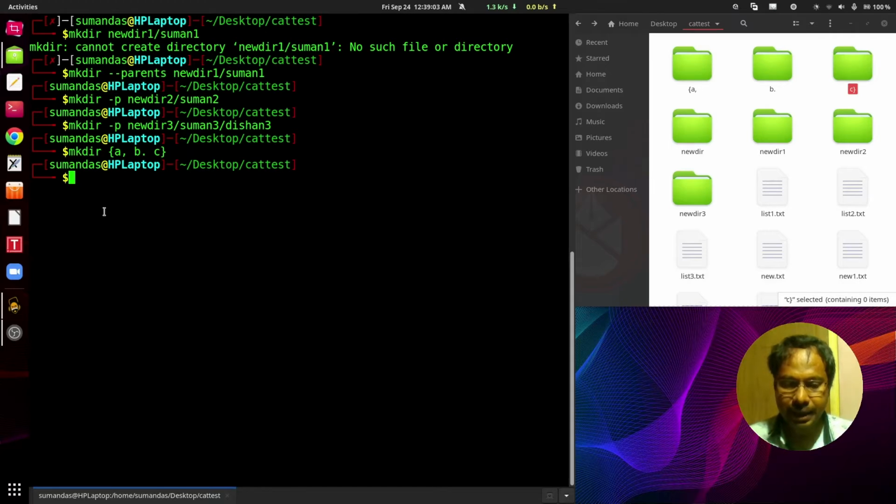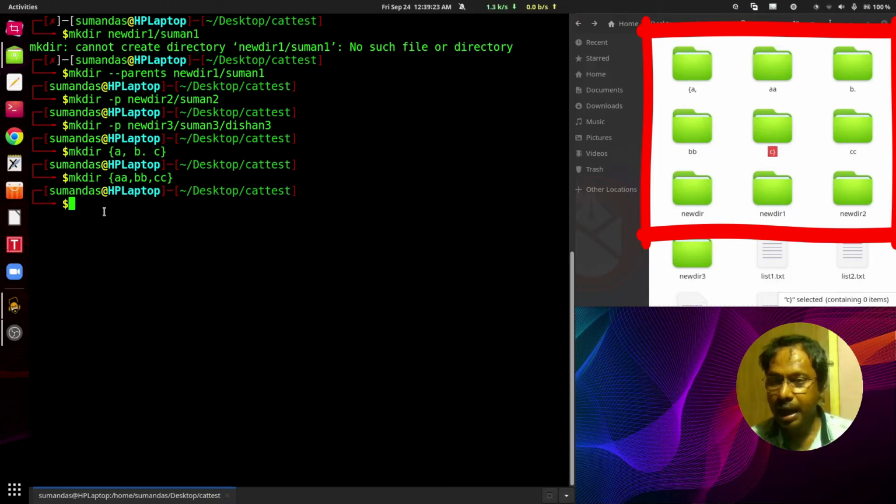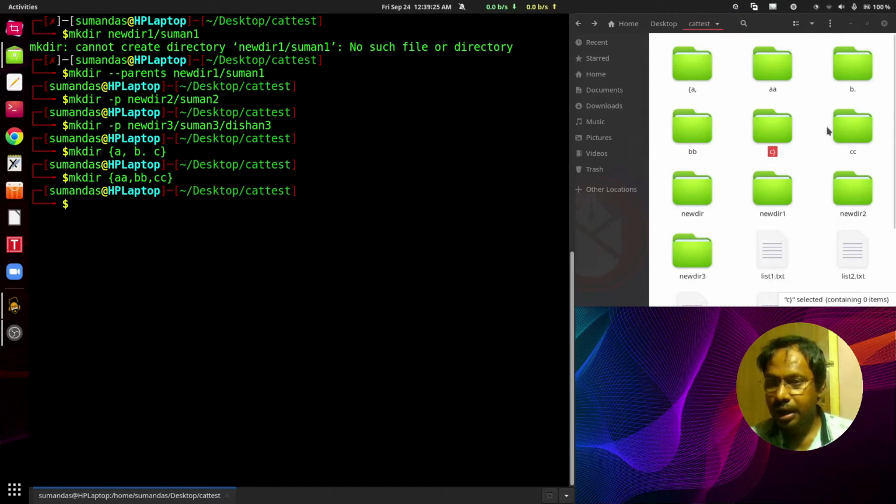Once again I am using the command mkdir, then the curly brace, and giving the names of the directories as aa comma, then no blank, then bb comma, then cc, and now press enter. And here we can check the directory aa has been created, directory bb has been created, and directory cc has been created.